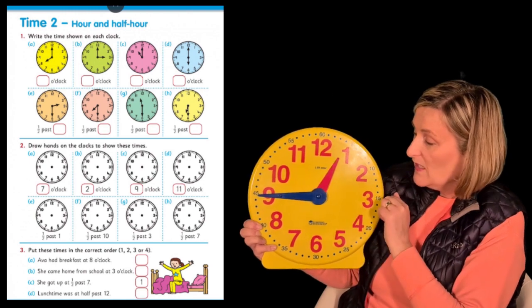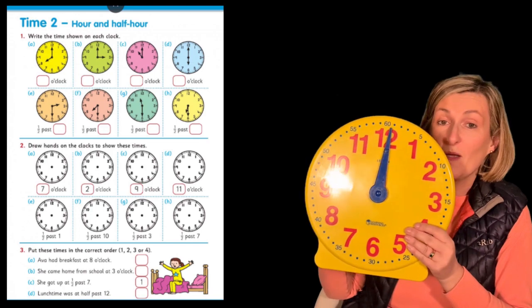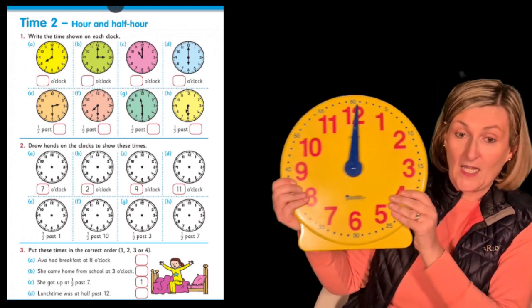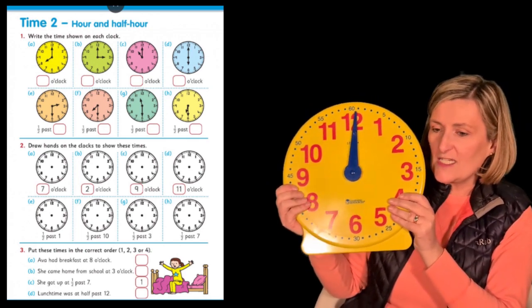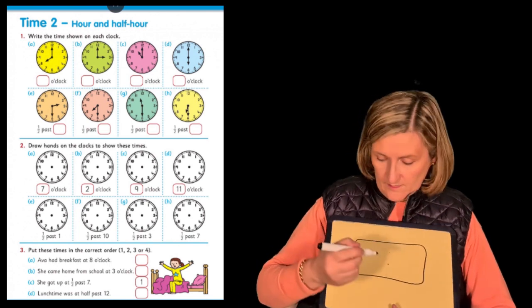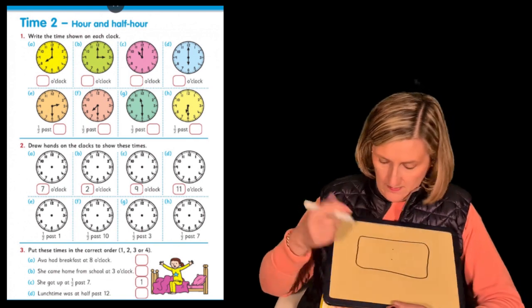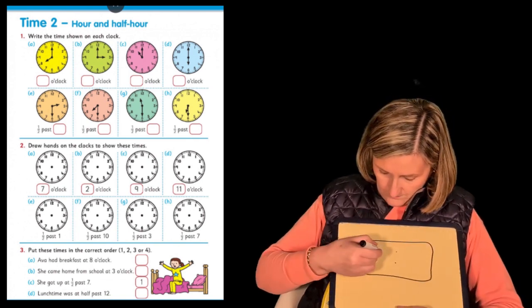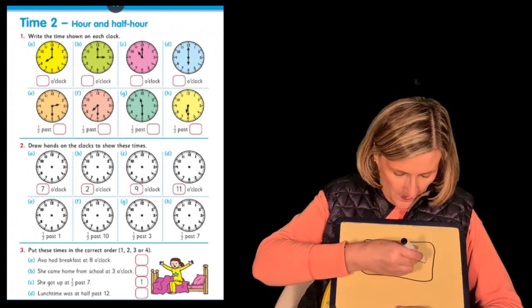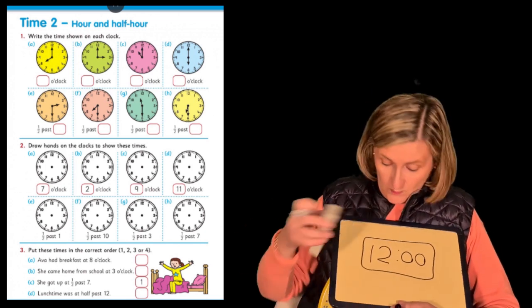Quarter to 1. Now I'm going to go back here to 12 o'clock for 1 minute, and we're going to talk about digital time. So that's 12 o'clock on my clock. If I want to write that as a digital time, here's my board. So it's 12 o'clock. There are no minutes on the minute hand. It's up here at the very top. Okay? So I have a 12, and there are no minutes. So it's 12 o'clock. If I wanted to say it was 10 o'clock,